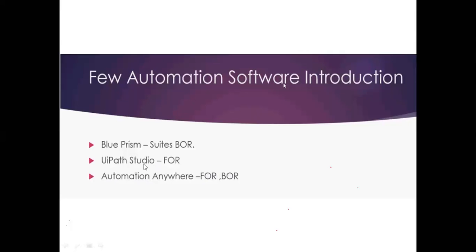And UiPath mainly supports front office robots, like application activities. And Blue Prism is mainly suited for back office robots. Blue Prism's advantage is that it has more security. The work will be in the workflow, the way it is going to perform will be on the workflow. We can see what is happening in our automation and where exactly it got stuck.